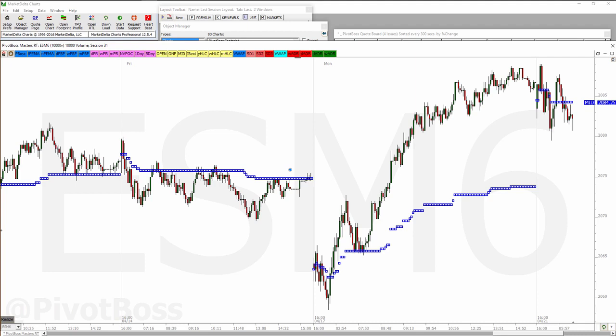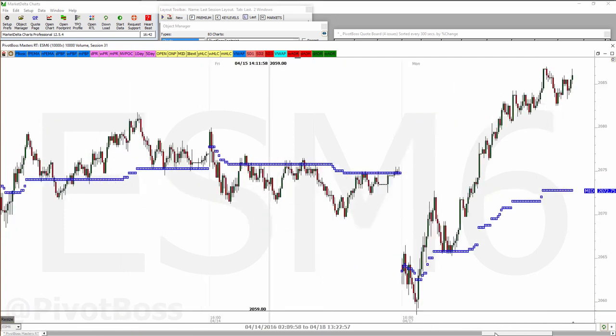We'll see more tomorrow. But down the road, we'll also talk about something else that I love to implement, which is the midpoint range. The midpoint range is something that you can pop up. You can double click your mid in Market Delta and pop up the bands. So it's a midpoint range or midpoint bands where you can pop up above and below. When price gets just to it, sometimes it'll get just to here and rally, or sometimes it'll go just below and rally. It gives you an additional pivot-like type range to watch out for as well. And we'll look at some of those examples down the road. But I love the midpoint as well.